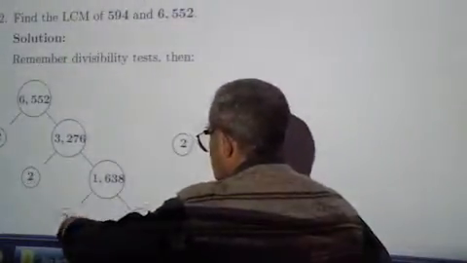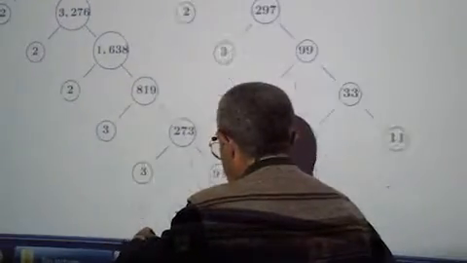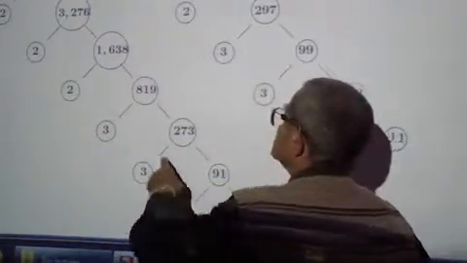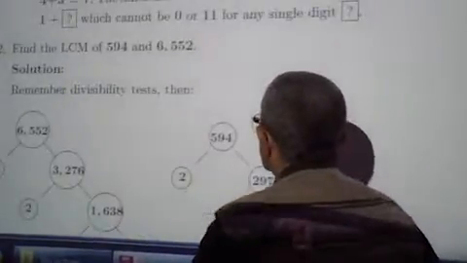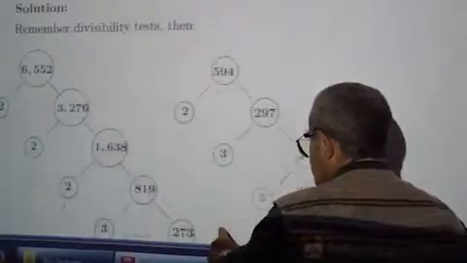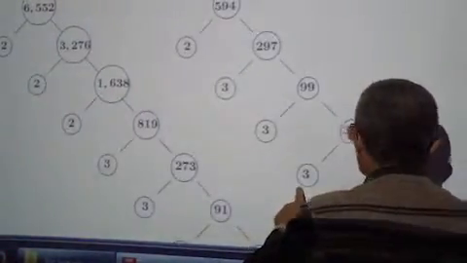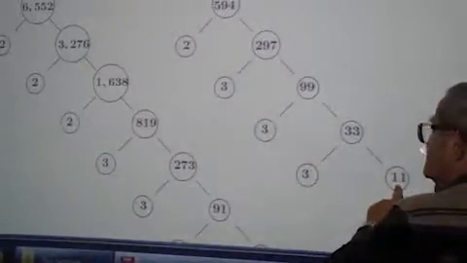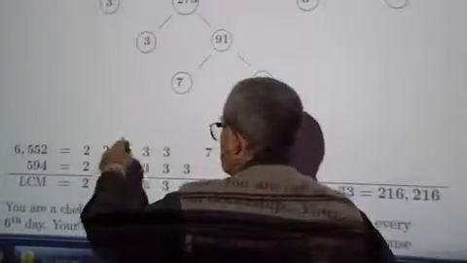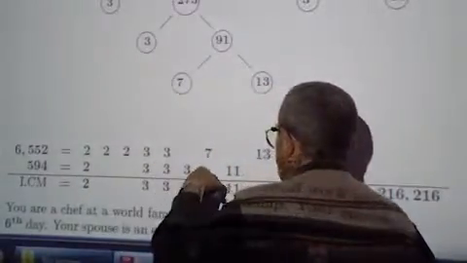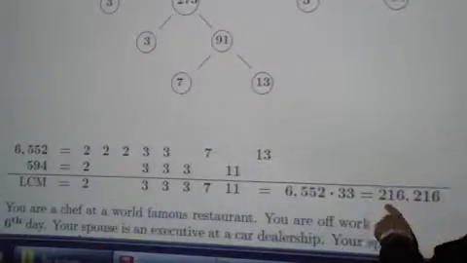You get a 2, a 2, a 2, a 3, a 3, and over here you are down to 91, so you get a 7. You have a 2, a 3, a second 3, a third 3, and over here you get an 11. So in columns, 2, 2, 2, 3, 3, 3, 7, 11, 13. And when you multiply all of these, you're supposed to get